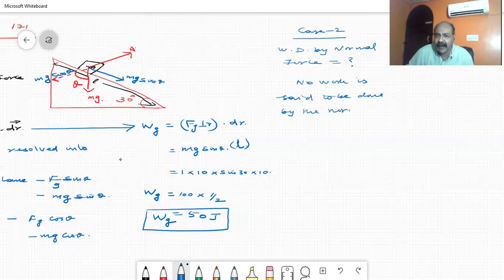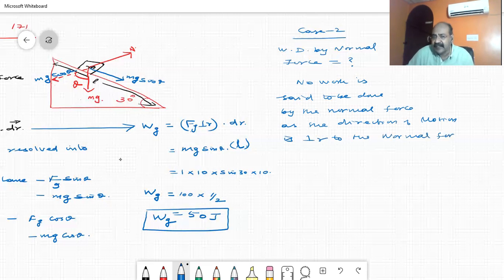By the normal force. Why? As the direction of motion is perpendicular to the normal force. Since the direction of motion is perpendicular to that of the normal force, no work is said to be done, because theta becomes 90. If theta becomes 90, we can say work done Wn